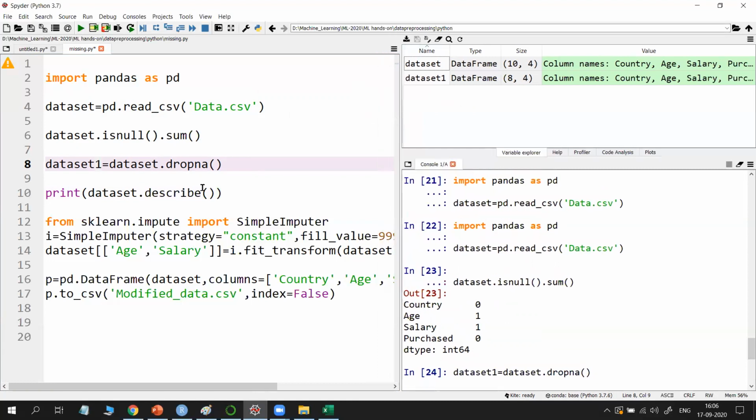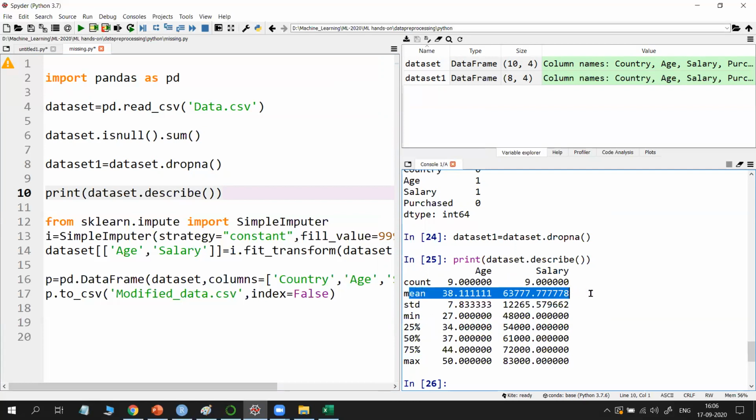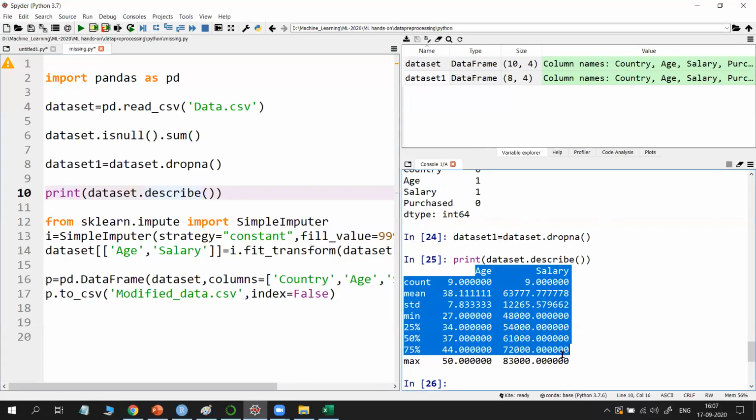Okay, so now you can also use describe. What does describe mean? It will also show some information about your data set. It shows the 25th percentile, 50th percentile, 75th percentile, maximum value, all these are shown. The mean is also shown. I will discuss all these percentiles and quartiles in later sessions while discussing feature scaling. But for now, describe shows the information about your data set. Only the numerical values are shown. See, there are four variables. Country and purchased are not numerical. That's why information is shown only for age and salary.